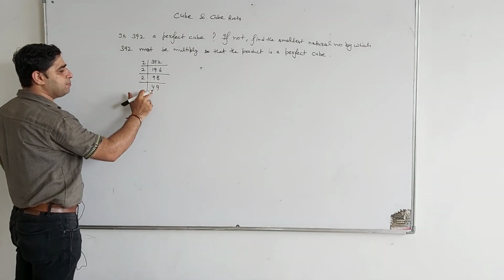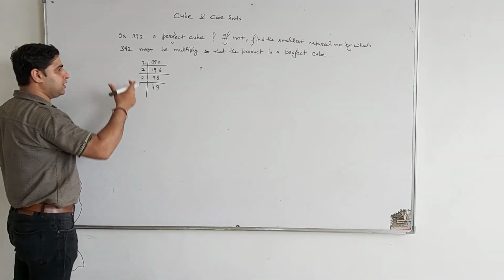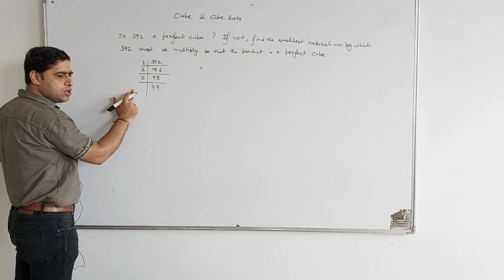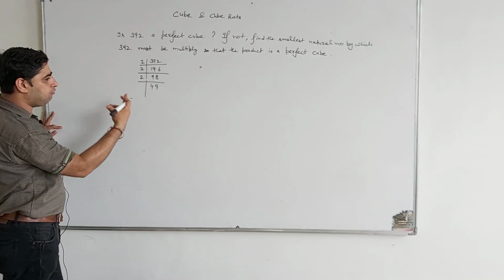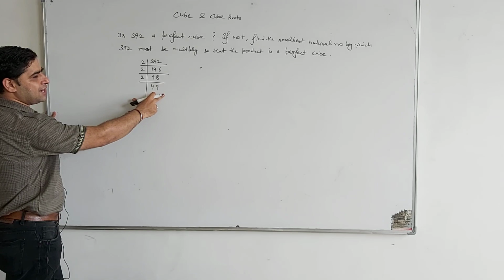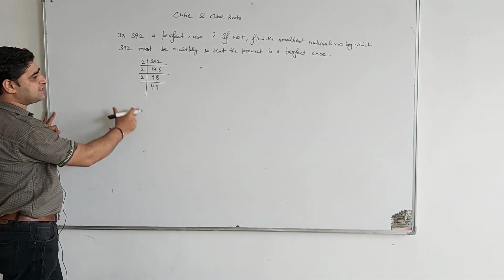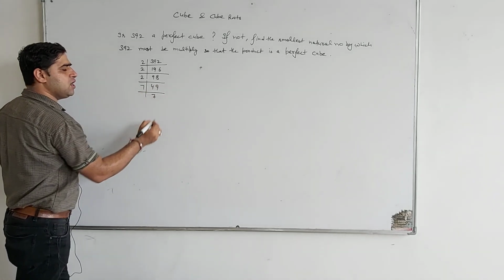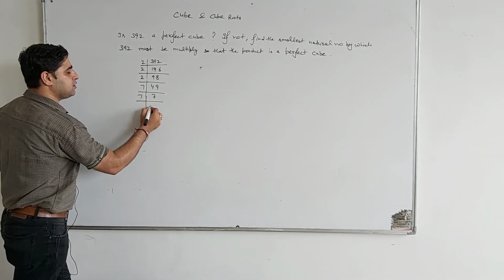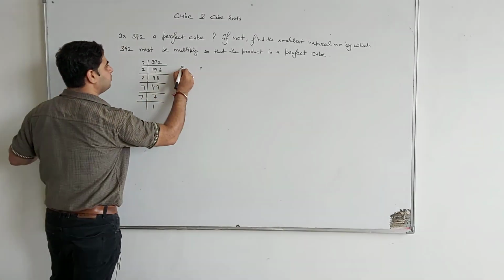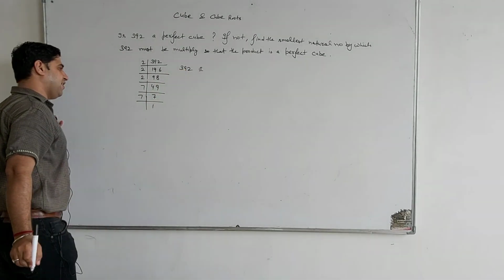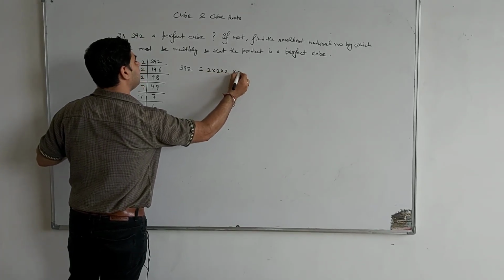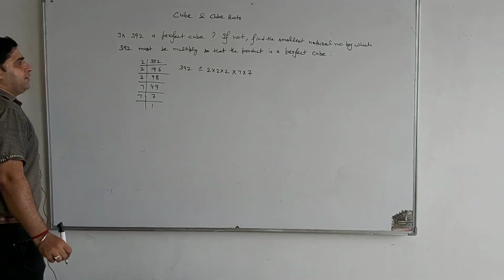For 3, 9 plus 4 is 13, so not divisible by 3. Here in prime factorization, prime numbers will come out. Firstly you start with 2, then 3, not divisible by 3, then 5, not divisible by 5 because the last digit is not 0 or 5. Then 7. The next prime number is 7. So 7 times 7 is 49. So the prime factors of 392 are 2 times 2 times 2 times 7 times 7.